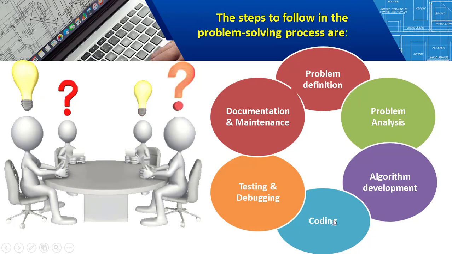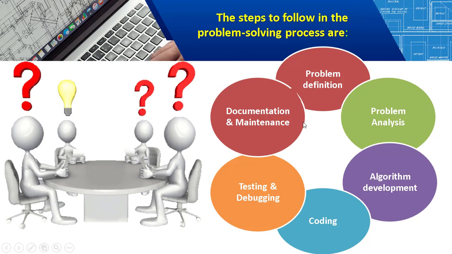And coding. Coding means we are translating the algorithm or the flowchart into a programming language. Then we call it coding. So coding can be done in different programming languages like C, C++. And testing comes only after writing the code. We run the program and test whether there are any errors or whether the program is written correctly. So in testing, and debugging is correcting the errors, which is called debugging.